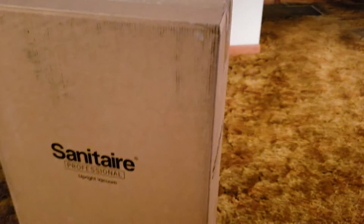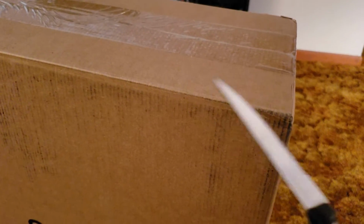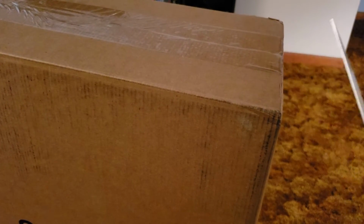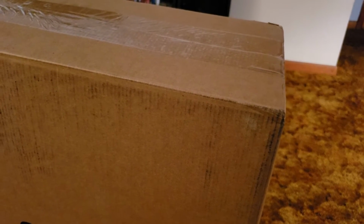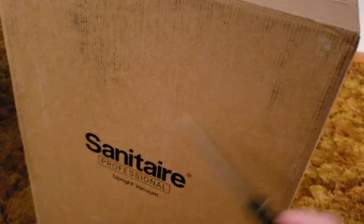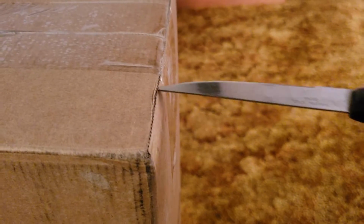Anyways, let's go ahead and open up this box. If I can figure out where I put my Kniffy, which is right here. Okay, so this is a box. Oh, don't drop it. It's very lightweight. It's not too heavy. It looks to be about the size of another box featuring a different vacuum that's not all that different. So the interesting thing is that I had this shipped through Amazon in an outer Amazon box because I thought that would protect the inner box and make it look nice. But I didn't realize it's a very, very plain box, so there's not really much to protect. So I basically just got an extra box for no reason. But it was free, so whatever. And if I can open this with one hand,